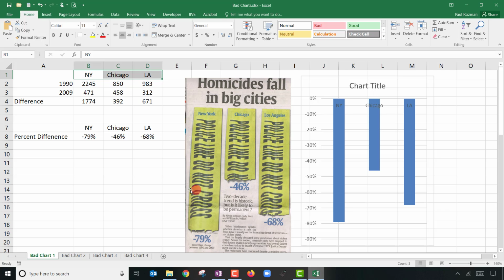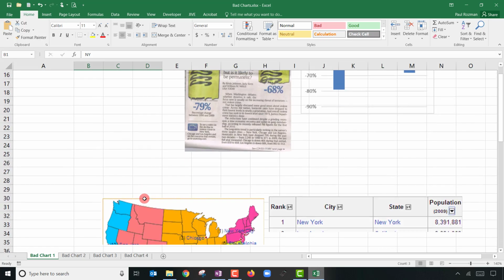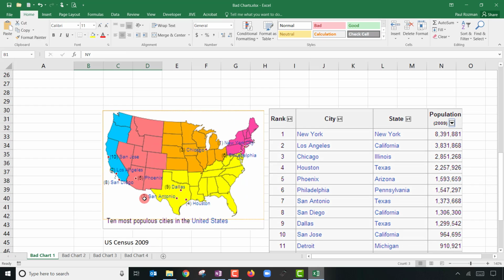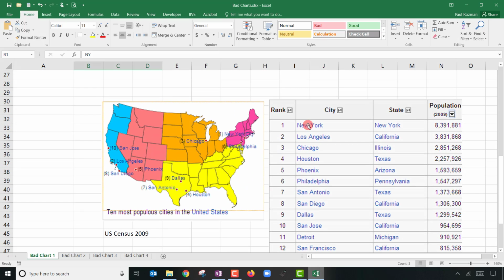I did a little bit of research on that. I went to Wikipedia and I was curious to see why they picked those three cities, and it's really killing my argument. The three largest cities in America in that year were New York, LA, and Chicago. And it's kind of nice that they represent the country. You got the East Coast, you got the middle, you got the West Coast.